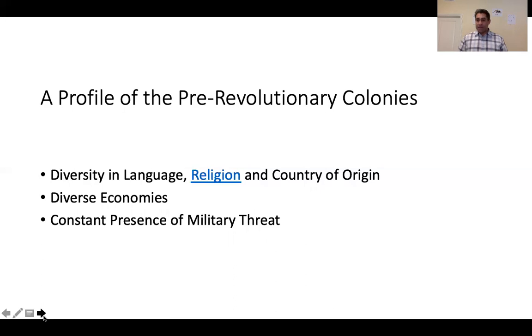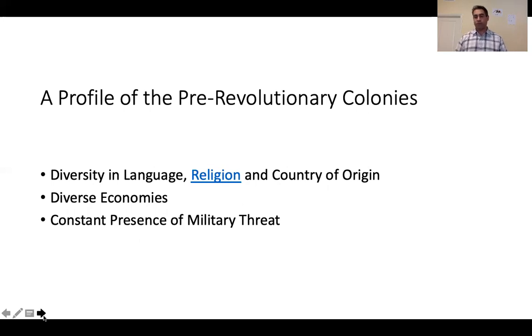Although many of the settlers were of English descent, English settlers who'd come to the New World either for trade opportunities or religious freedom, there were also large pockets of other European migrants in colonial America. For example, there was a large German migration to colonial America, specifically to Pennsylvania, Virginia, and New York. There was a reasonably large Dutch population in New York, which previously had been New Amsterdam under Dutch colonialization.